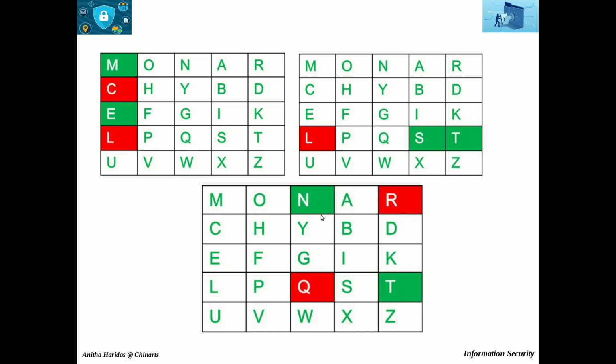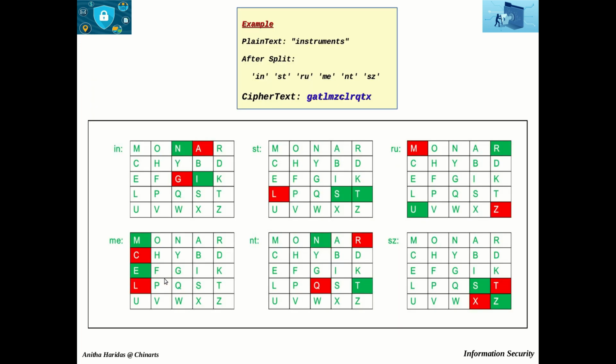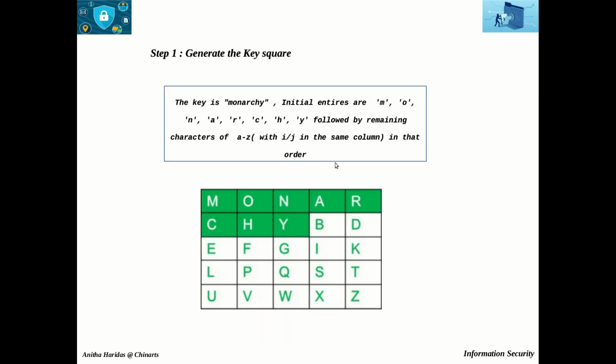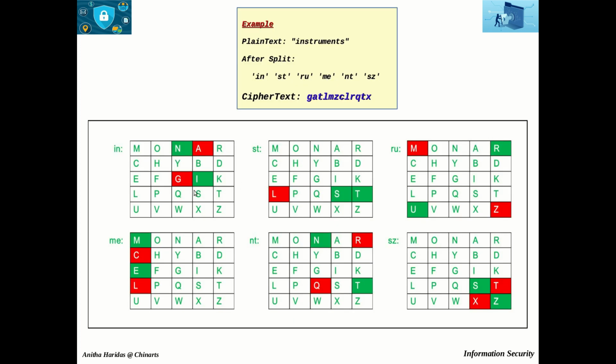Okay. So this is how these three rules are used for encrypting the plain text. So let us see the example now, how INSTRUMENTS is encrypted using the Playfair cipher. We have already seen the key square is this one. This is the key square we are going to use. So all the digraphs are using the same key square, correct? Now I have IN. So IN is not in the same row, not in the same column.